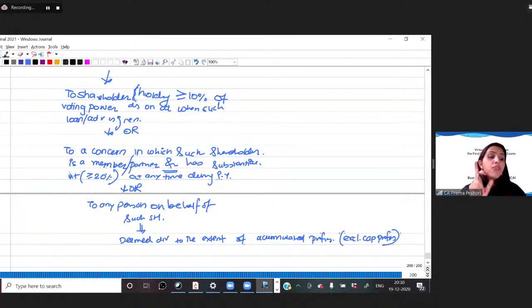Whether buyback of shares is considered as deemed dividend? Answer is no. Buyback of shares is not a deemed dividend transaction. Clear? Whether distribution of shares during demerger is considered as deemed dividend? Answer is no. That is specifically excluded from the deemed dividend provision. Clear? Any doubts with respect to this?